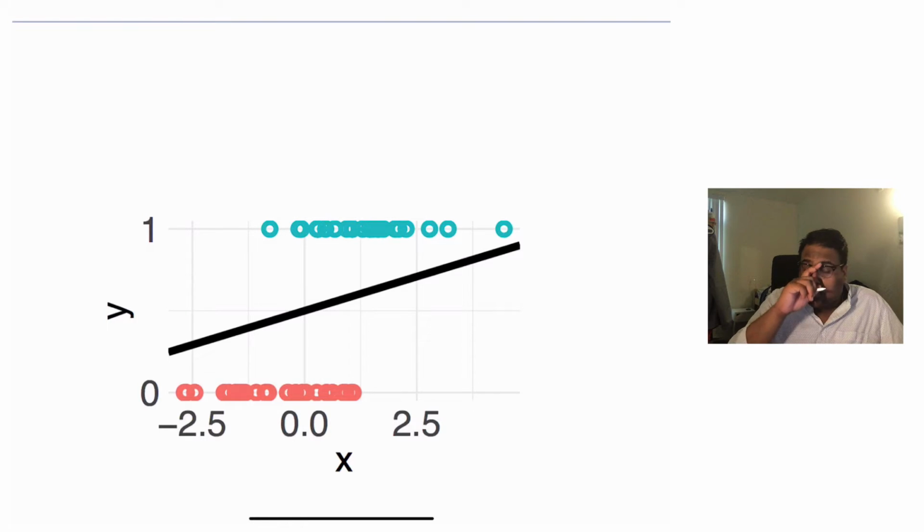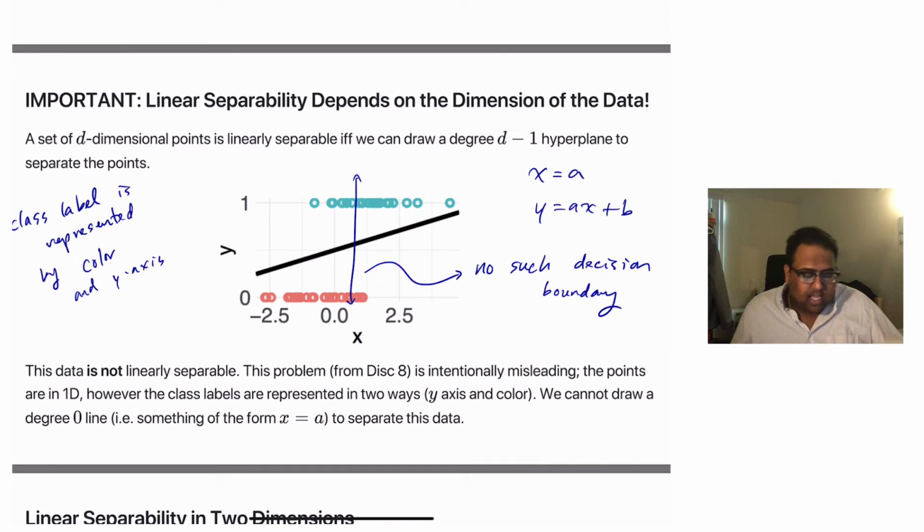So before we answer that question, I think it's important to determine what exactly it means for data to be linearly separable. And so we'll take a look at these slides that I had from last semester. And this formal definition is important. Okay, a set of d-dimensional points. So in this case, our points are really one-dimensional, right? The y value is just the class label, but the x's on their own are just single scalars, so they're one-dimensional. Is linearly separable if and only if we can draw a degree d minus 1 hyperplane to separate the